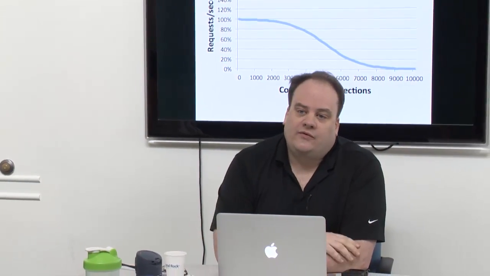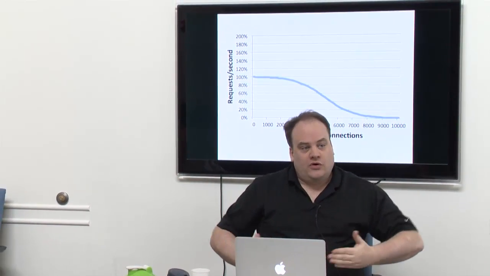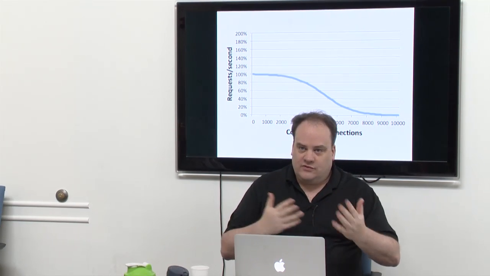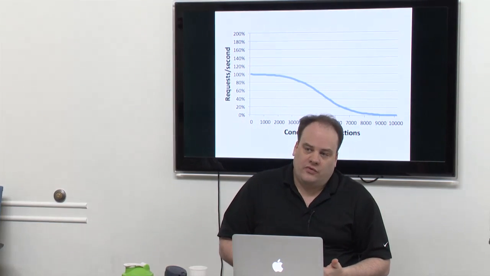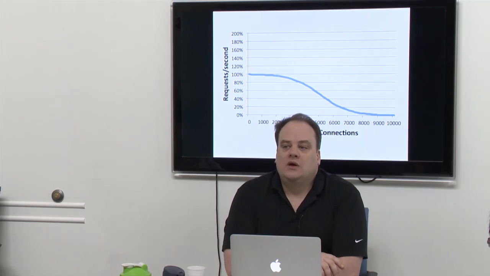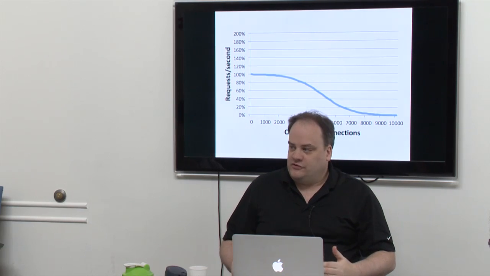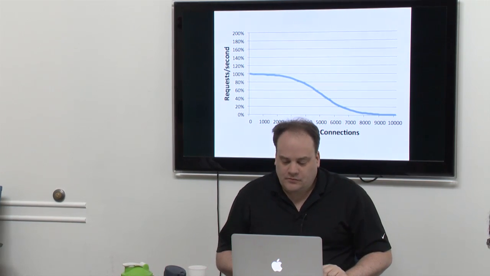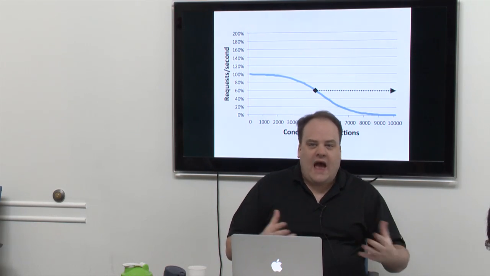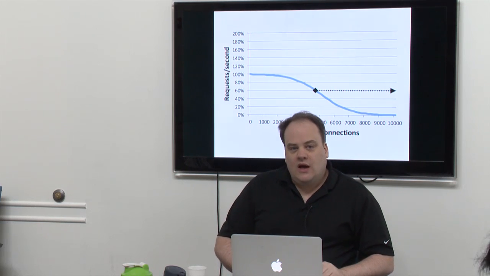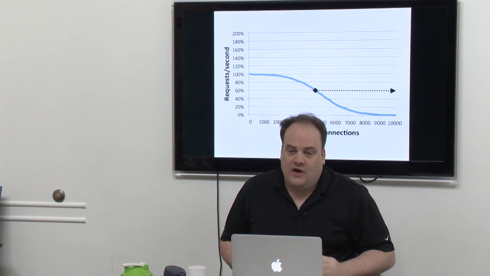And this is a graph of what performance looks like for, let's say, an Apache web server. For a small number of concurrent TCP connections, performance is pretty much what you would expect. But as the number of connections to the server increases, the performance starts dropping pretty rapidly. So Apache is well known for, if you try to open up 10,000 connections to it, the performance just crawls to nothing. And so let's say I've got one that performs adequately at, let's say, 5,000 connections. And I want to increase the scalability so that it'll handle 10,000 connections.